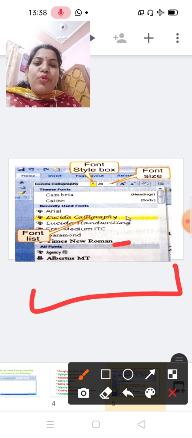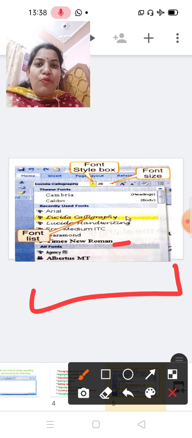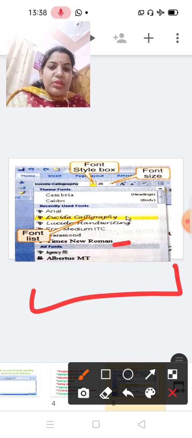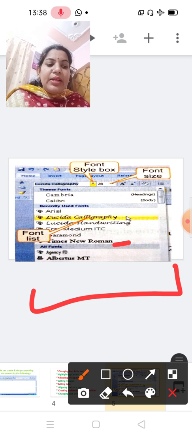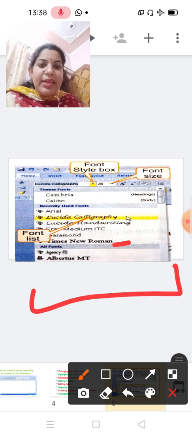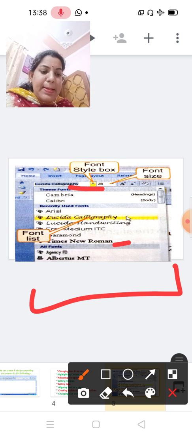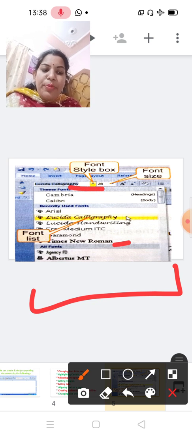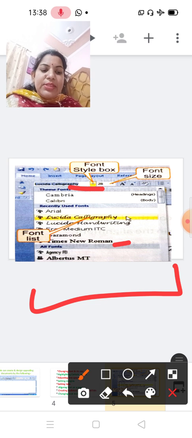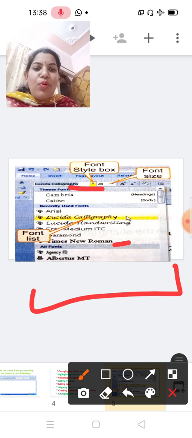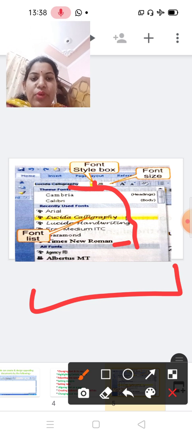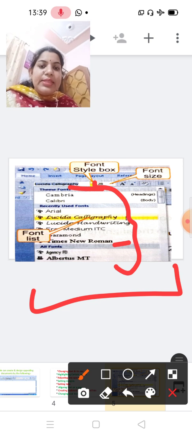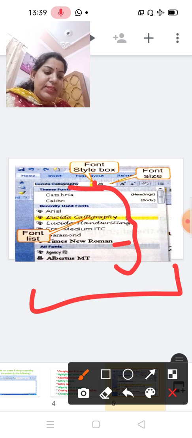MS Word provides various types of font options. For this, select the text, click on the Home tab here. Click on the drop down arrow next to the font style box here. When you click this arrow, you can see this type of list.